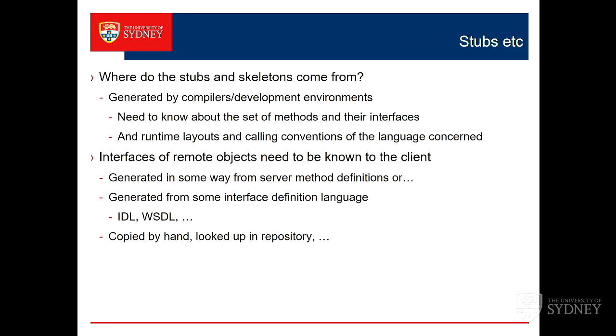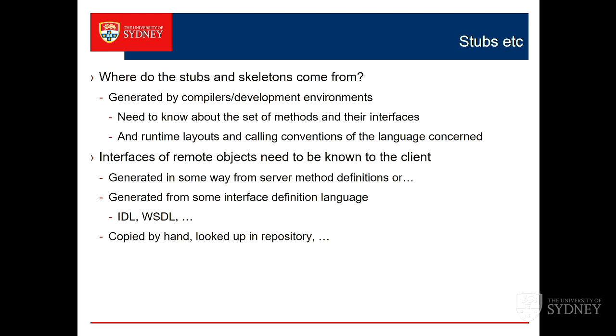So we had those stubs and skeletons. The question is, where do they come from? They're pieces of code, and you don't want to be writing them. And the answer is you don't. But at the same time, you want them to be highly specific to their task. You don't want interpretive code where it says, oh, what's this method look like again? No, these are bits of generated code, and they're generated by your remoting system. So your compilers or development environment, whatever, will generate those things specific to a particular remote object.